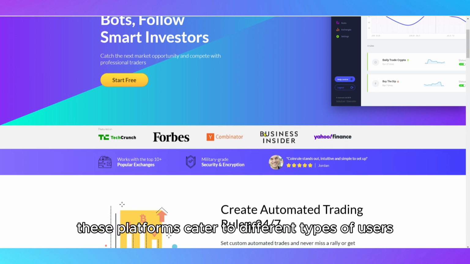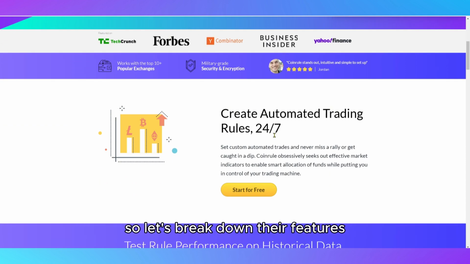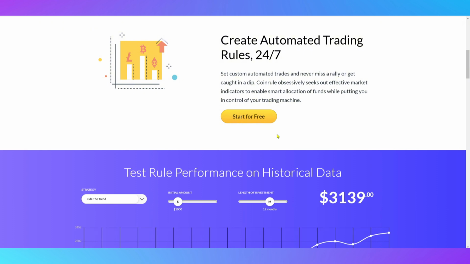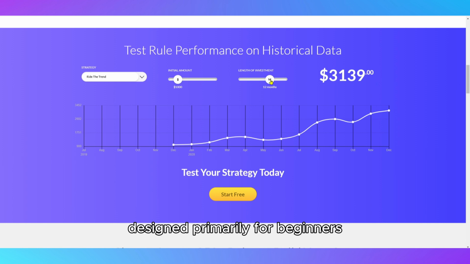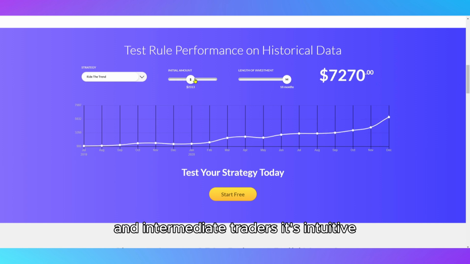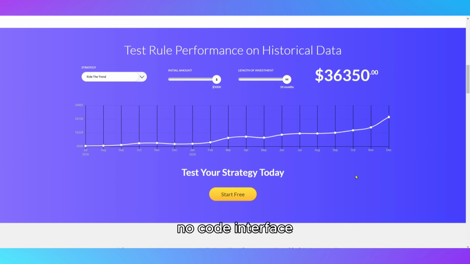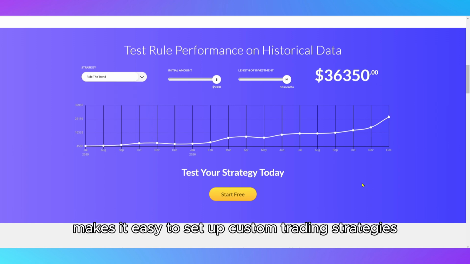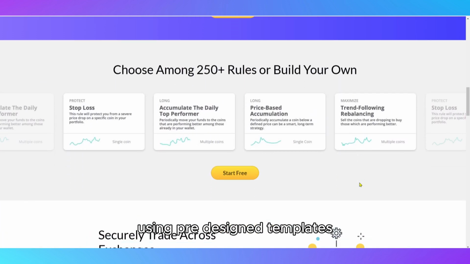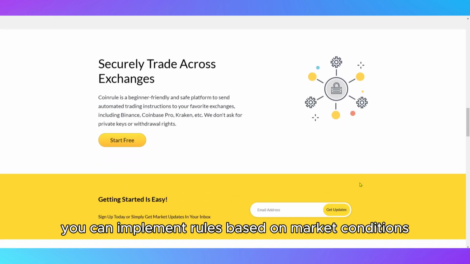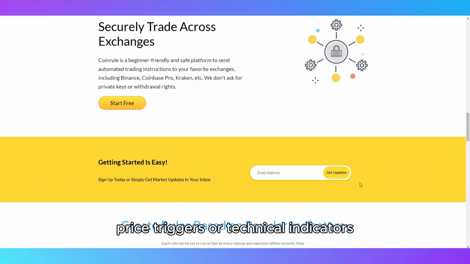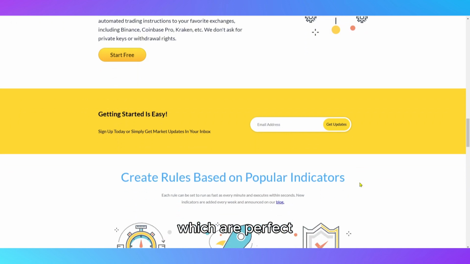These platforms cater to different types of users, so let's break down their features, who they're made for, and how they stack up. Coinrule is a rule-based automation platform designed primarily for beginners and intermediate traders. Its intuitive, no-code interface makes it easy to set up custom trading strategies using pre-designed templates. You can implement rules based on market conditions, price triggers, or technical indicators, which are perfect for traders who want